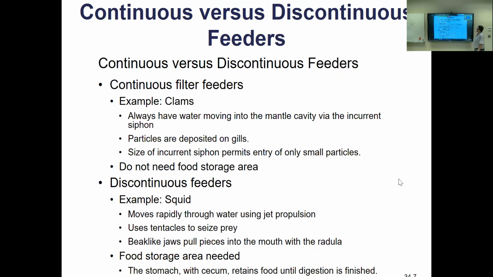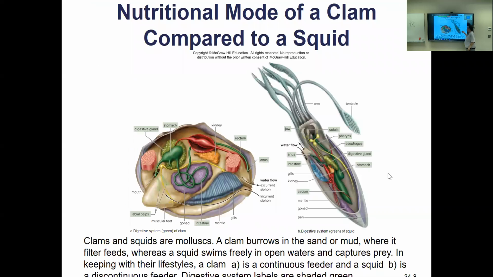Other variations that we see in the animal kingdom: some animals are continuous feeders, especially like some of the oysters and stuff. They just filter, bringing water across their gills, and they have cells to pull the food out of that. So they filter that out. Others are discontinuous feeders like us. Well, I could be a continuous feeder, but I'm just saying. Usually we eat 2 or 3 meals a day, right? So these guys will eat when they have the ability to grab food, et cetera. So they're said to be discontinuous feeders.